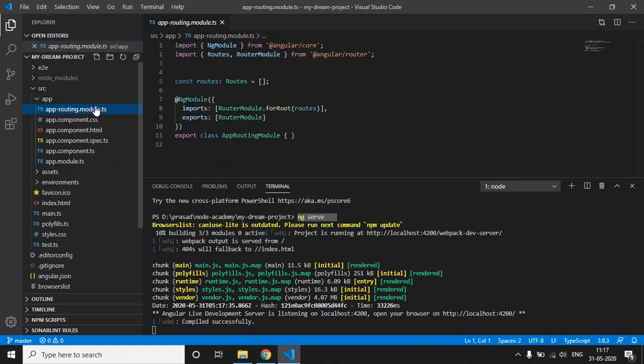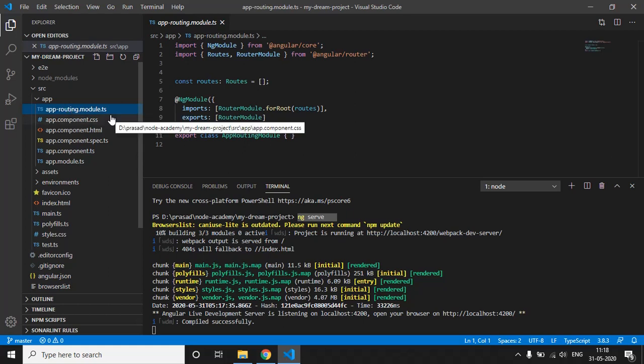And then we have the app-routing.module.ts. This file gets created because at the time of creating our Angular application, we executed the command ng new, then the project name, and then space hyphen hyphen routing. So it created this file because of that.